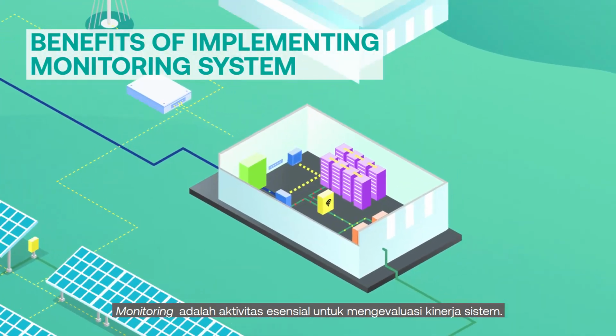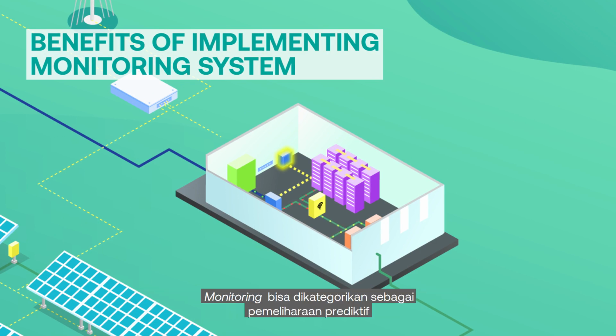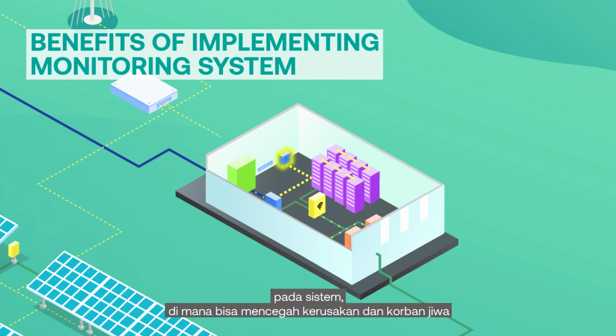Monitoring is an essential activity to evaluate performance of a system. It aims to gather data and analyze to improve the system. Monitoring can be categorized as predictive maintenance, where performance of a system is continuously measured during its operation. It can be performed locally and/or remotely using equipment to store and transmit the data. Continuous feedback from monitoring activities is also crucial for early warning mechanism in a system, which can prevent failures and